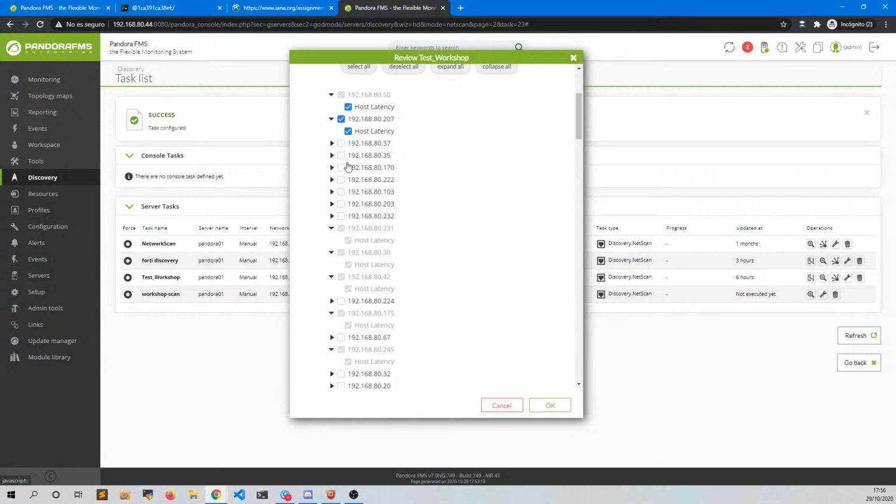In this case, we see devices that only have the option to add a basic monitoring,